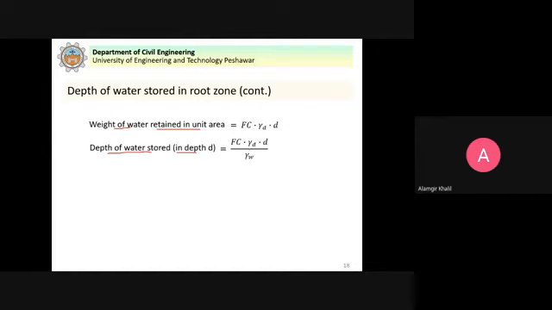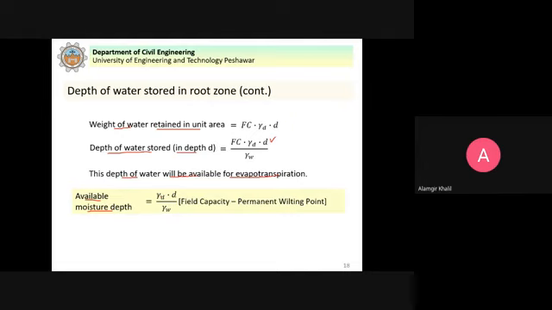You can see here that these units will cancel out, and this will be the depth of water stored. You have field capacity multiplied by the depth of the root zone. This depth of water will be available for evapotranspiration. So the available moisture depth is equal to gamma d into d divided by gamma w